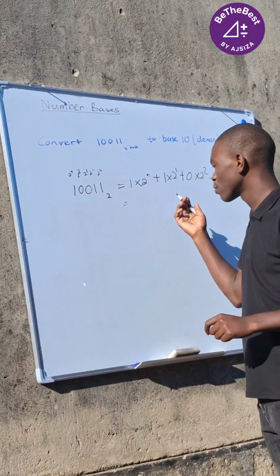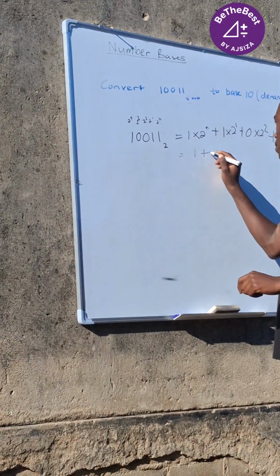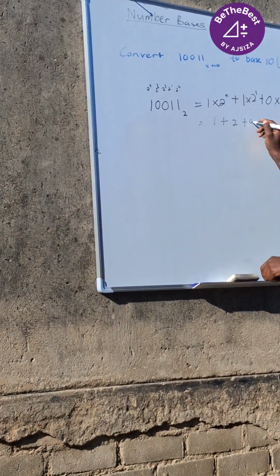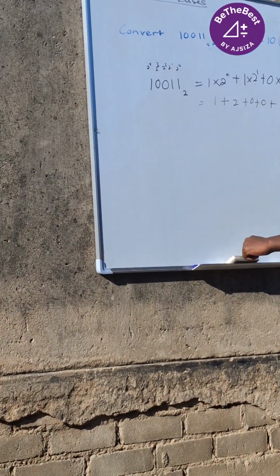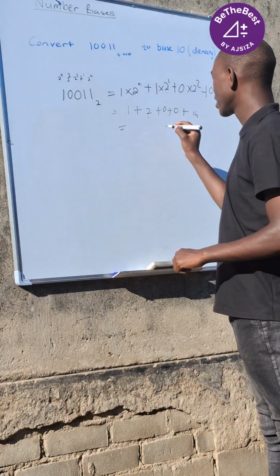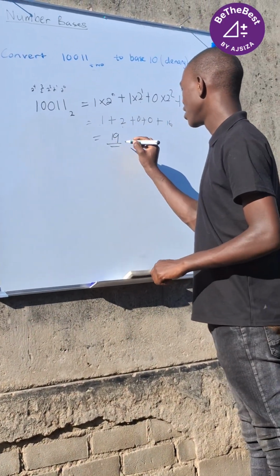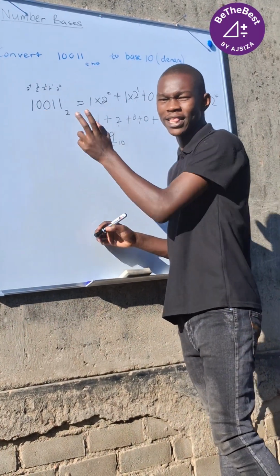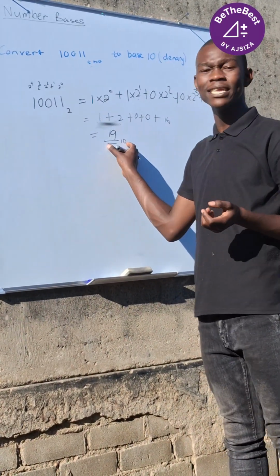2 to the power of 0 is going to be 1, times 1, that's 1, plus 1 times 2, that's going to be 2. Here we have 0, and then finally we have 16. So we're going to be adding 1 plus 2 plus 16, that's going to be 19 in base 10. So this number that we have in base 2 is the same as the number 19 when we convert